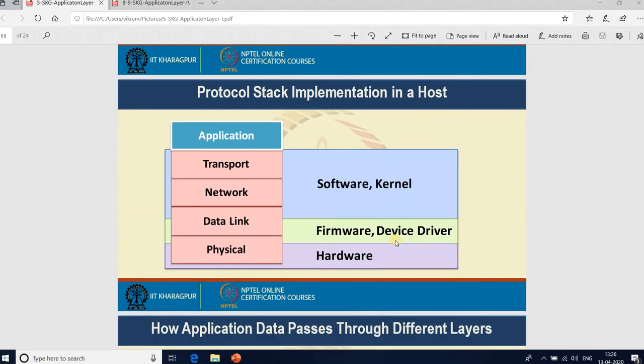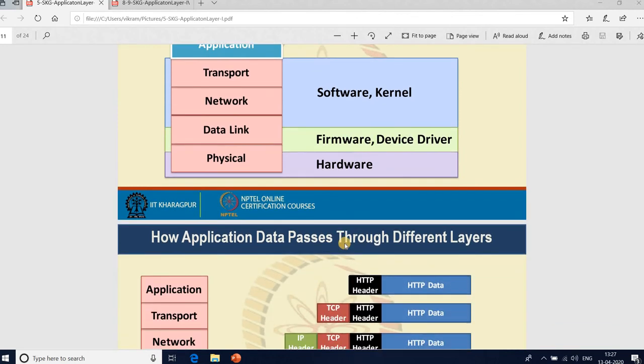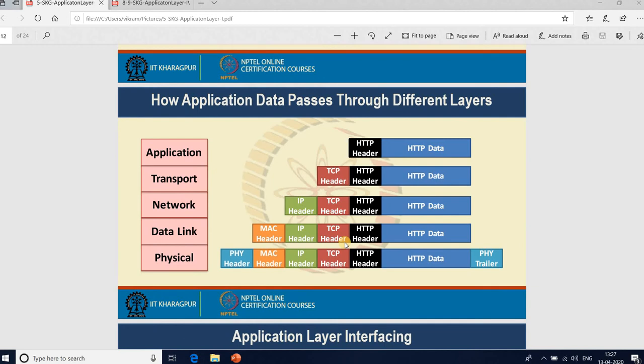In the protocol stack implementation on a host, generally the transport and network layers are implemented in software called the kernel, and the data link and physical layers are implemented in device drivers, that is firmware as well as hardware. How does the application data pass through different layers?